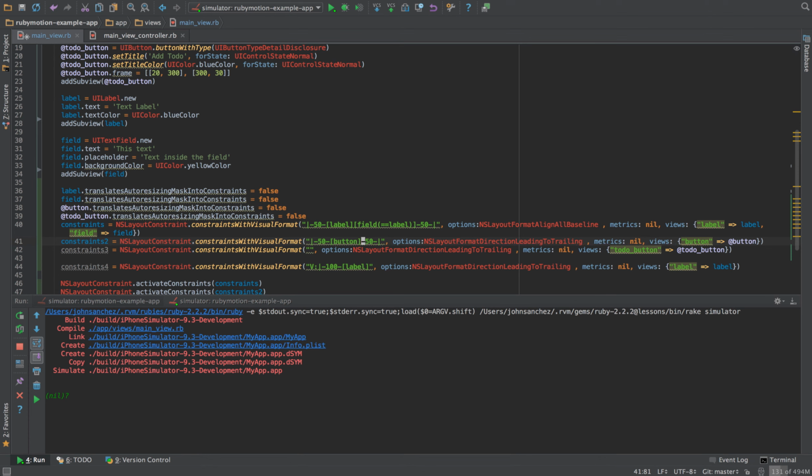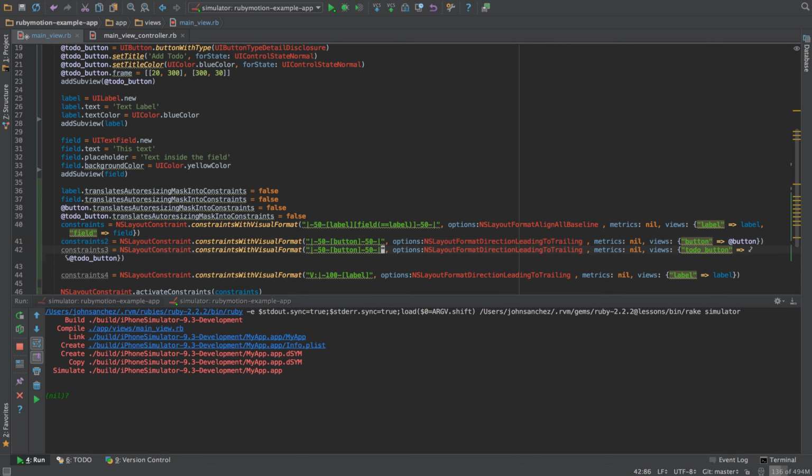Oops, forgot that closing bracket. Now we can basically duplicate this for the one below, and we'll just do to-do button as the view. And then of course we've got to put this in our vertical layout as well. So to put a button and a to-do